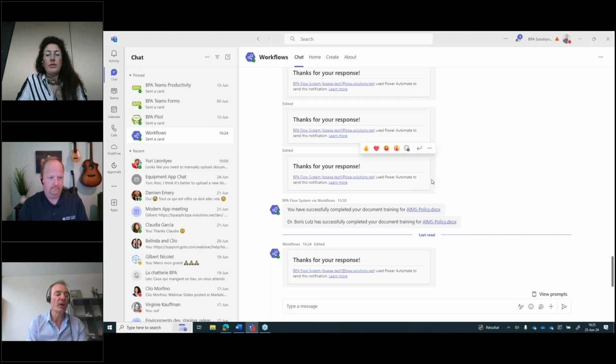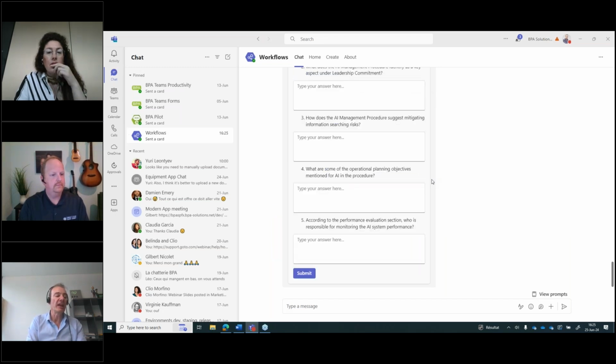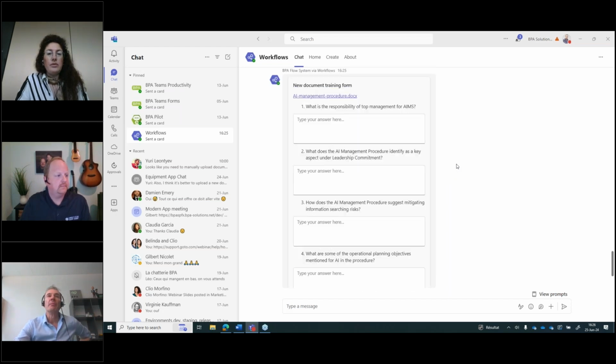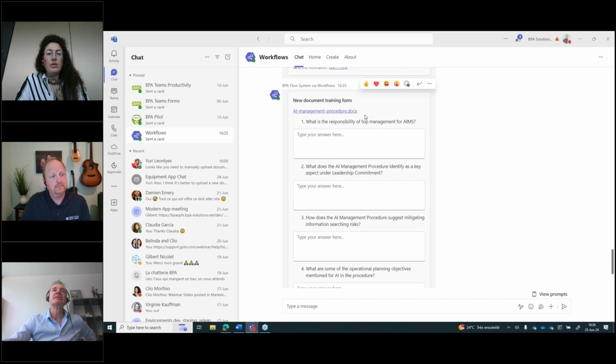ISO 42001 has been released for a responsible AI management system, and the European Union has also published an AI Act. So it's good practice to have humans supervising important AI decisions. That's also the reason why we have implemented in our workflow that humans, like the document responsible person here, can supervise AI decisions. Meanwhile, I got now as a recipient in the distribution list this training form to be